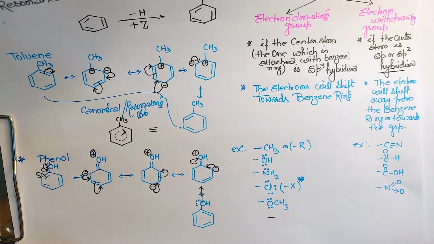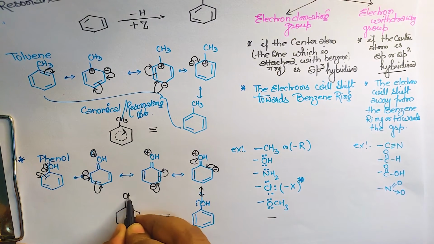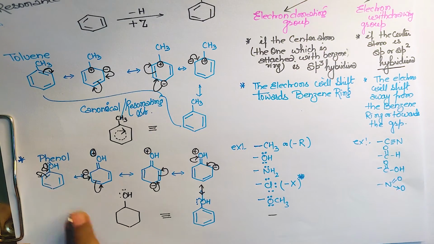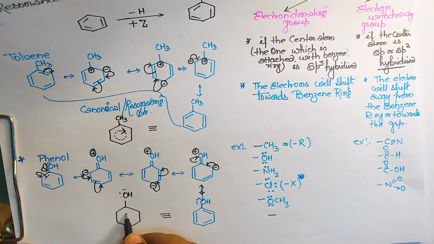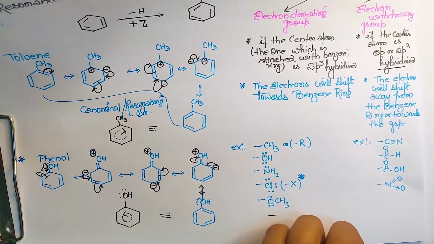Koi dikkat? So now these are the canonical structures or resonating structures. If I ask you to draw the resonance hybrid, what will you draw? This will be the resonance hybrid. Yes, let it be like this, with its lone pair. And what happened? The bond has shifted only, na? Idhar se idhar aa gaya. So draw this, and this time the arrow should be on this. See, I have done it in the anti-clockwise direction, so like this.